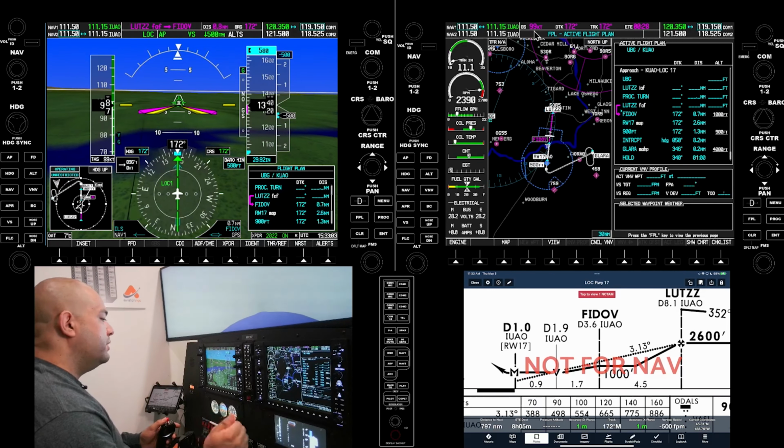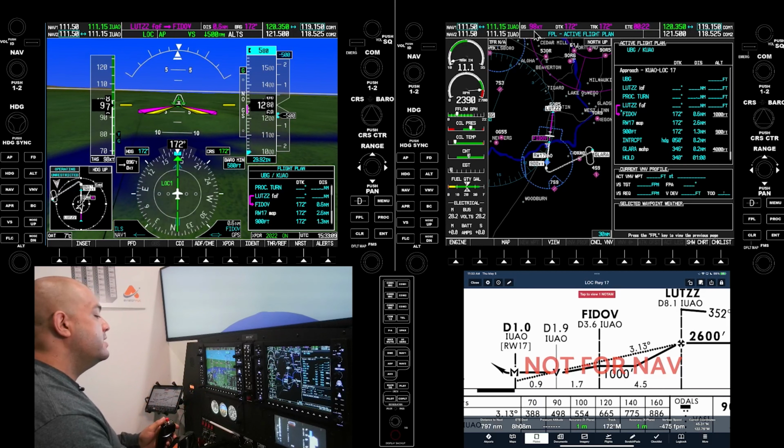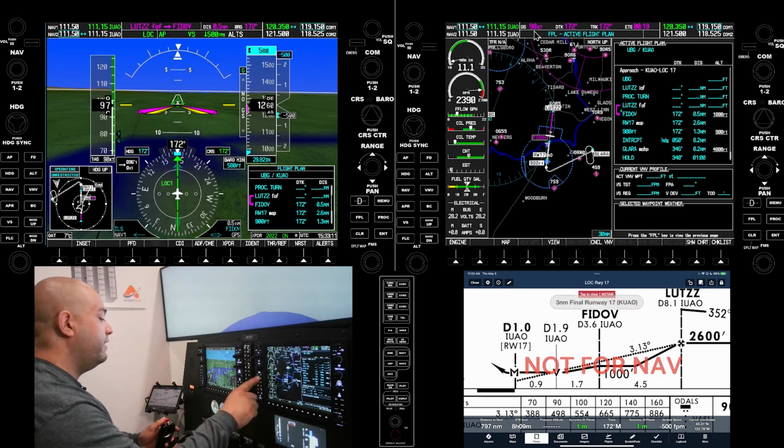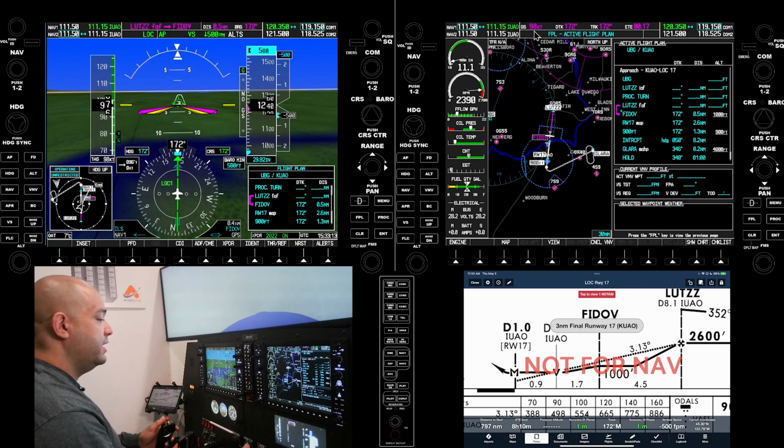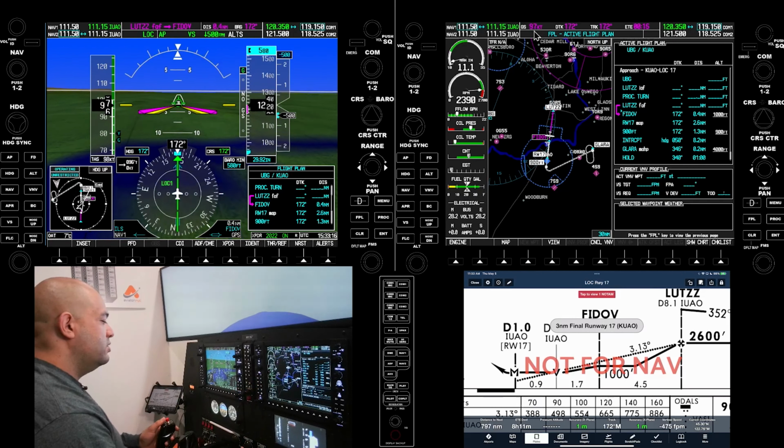On this missed approach, I'm not going to use TOGA. I'm just going to disengage the autopilot, bring the nose up, press the suspend, and go to CDI. Because a lot of pilots who don't have a GFC 700 will use the CAP 140. So more or less, that's what we're going to fly on this missed approach.